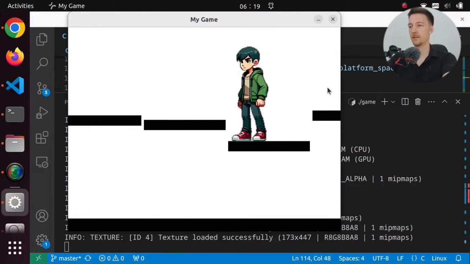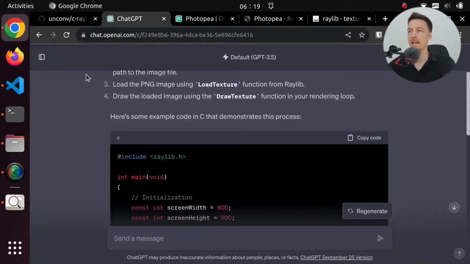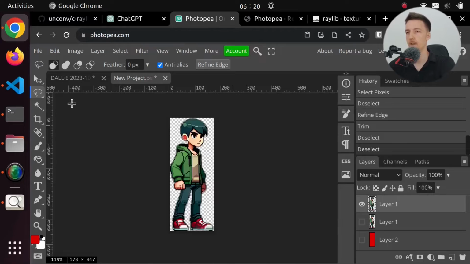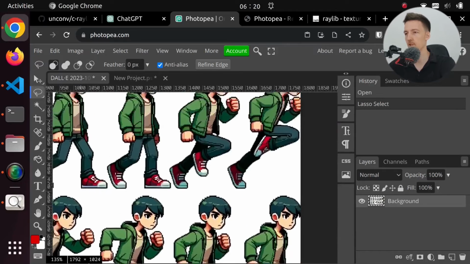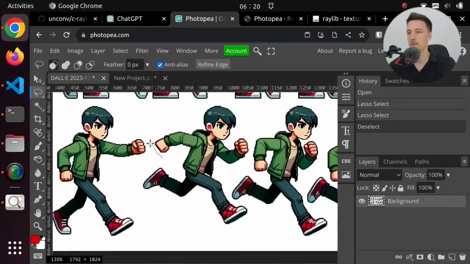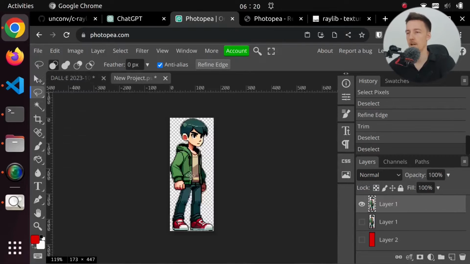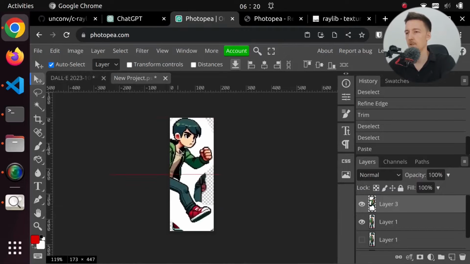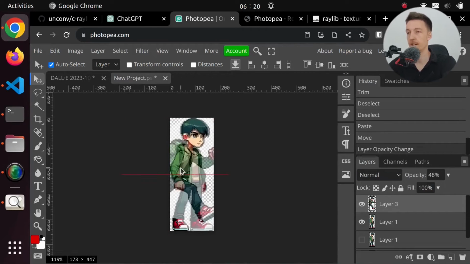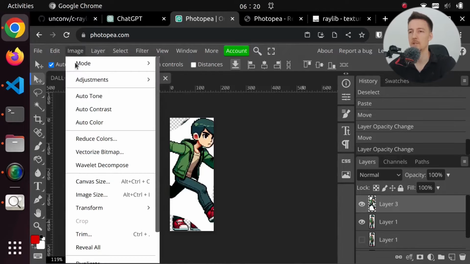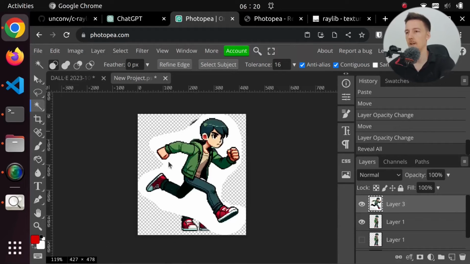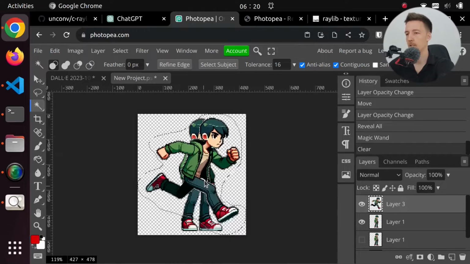So let's make it change when we jump. So let's go back to our photo P, and let's take our original image and let's take the jumping version. Which one is a good jump? Probably this one over here. So I'm going to take this thing and copy it and paste it here, and I guess we should kind of align these so the face is in the same place, or what should it look like? Maybe like that. And then we have to do image reveal all, and let's again remove the white stuff,